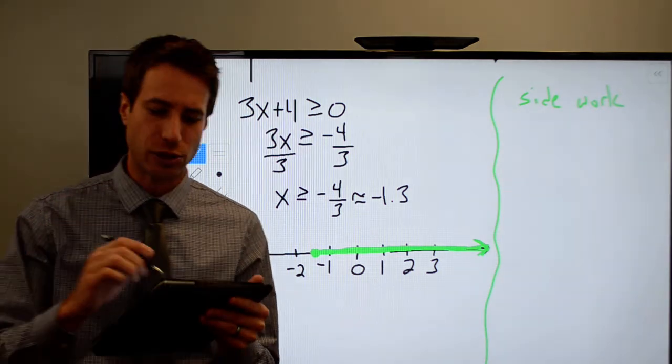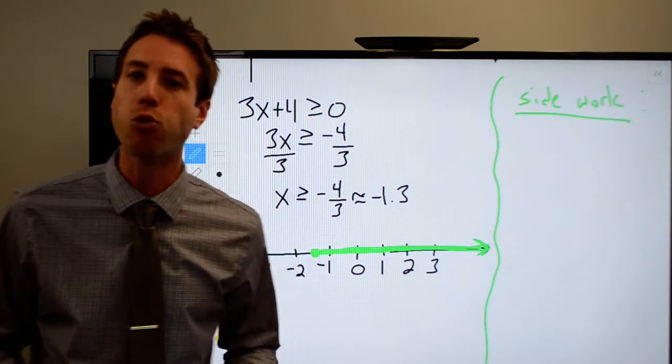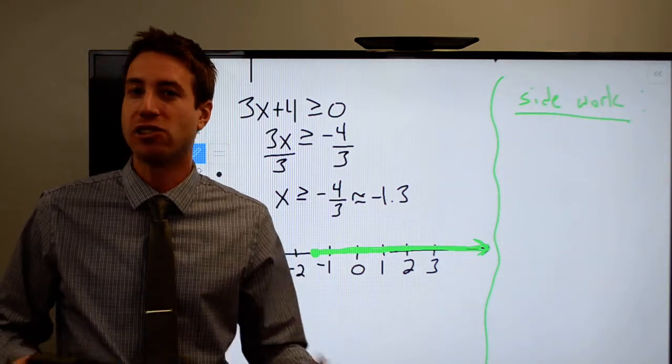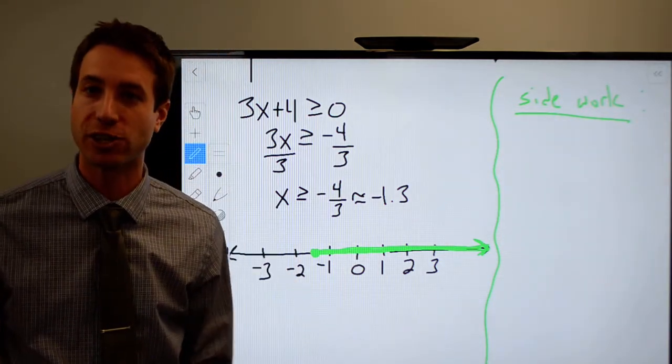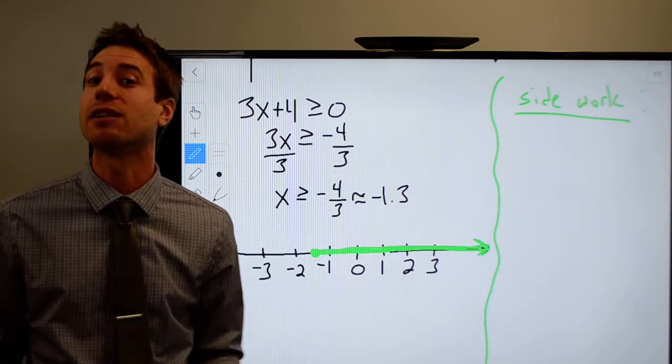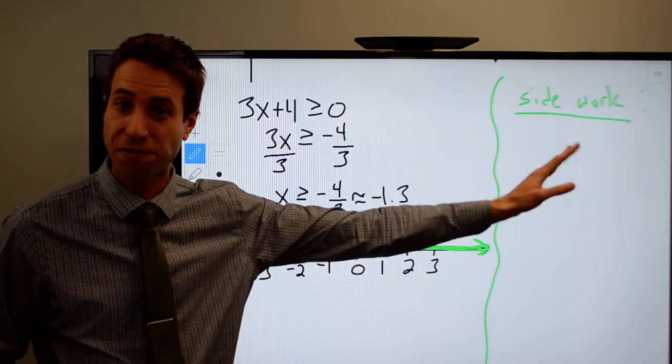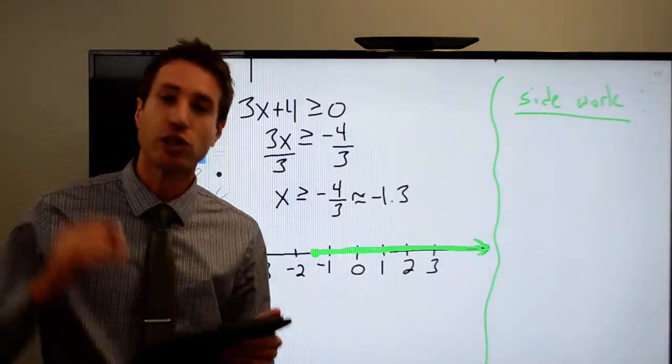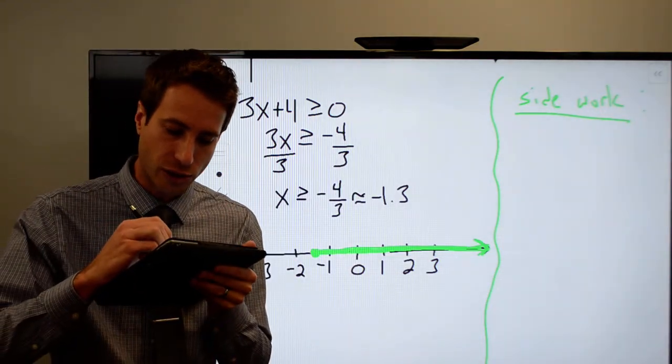Okay, here's the beauty of this. You already know the first 10 or 12 perfect squares. You're not going to need all of them. You only need the first couple. You only need the ones that fit on the coordinate plane. So we're going to take our radicand, which is 3x